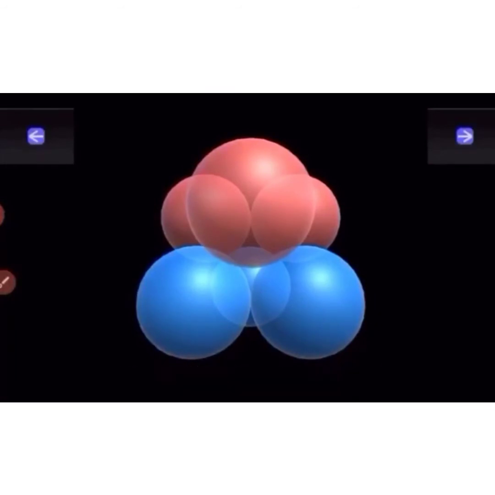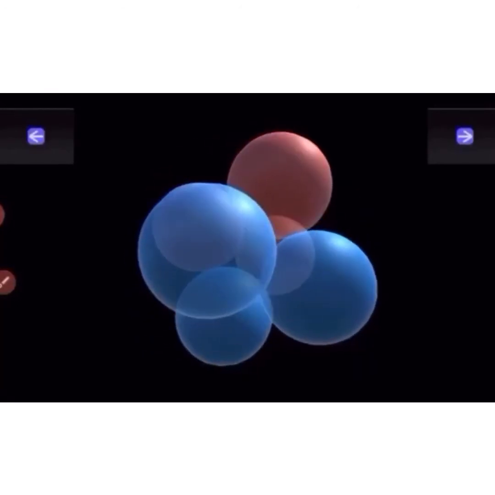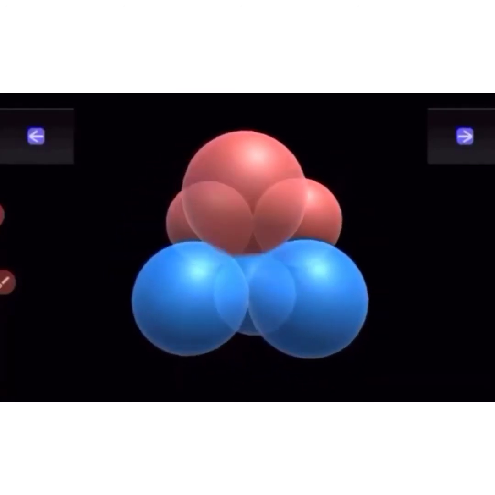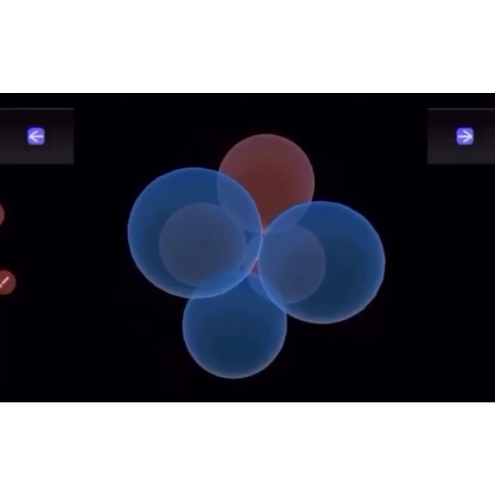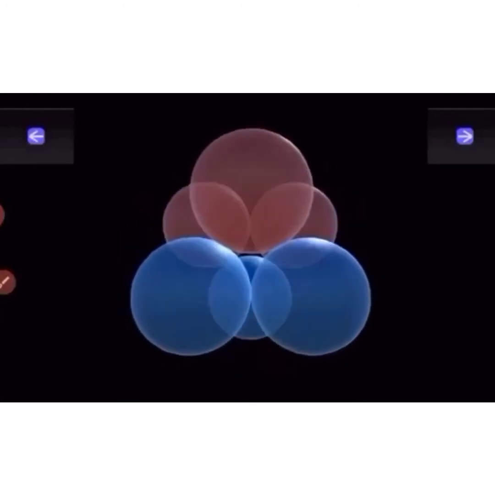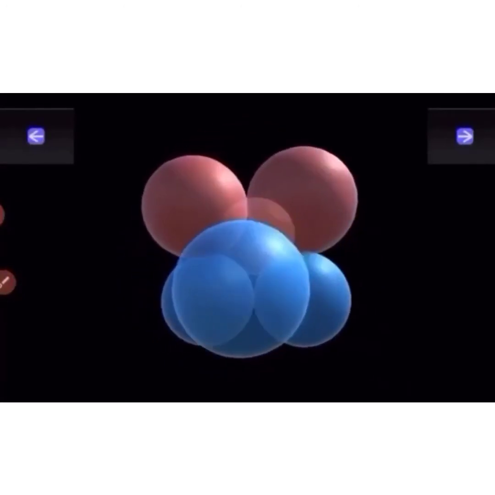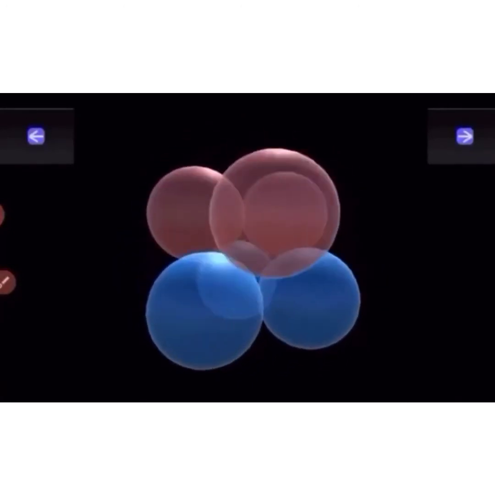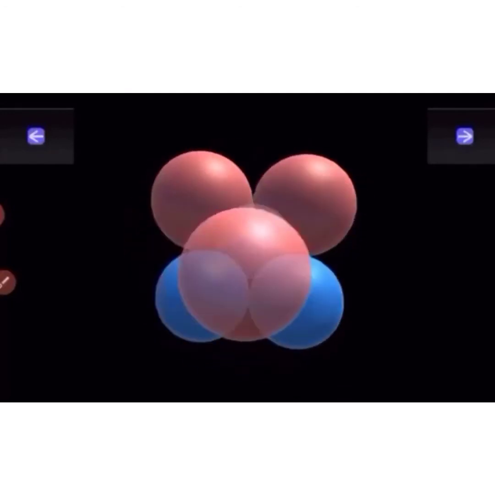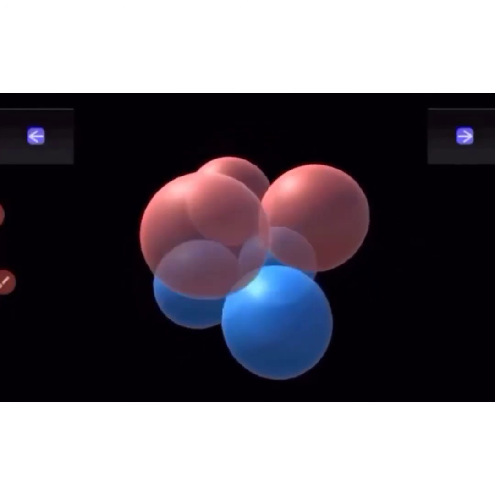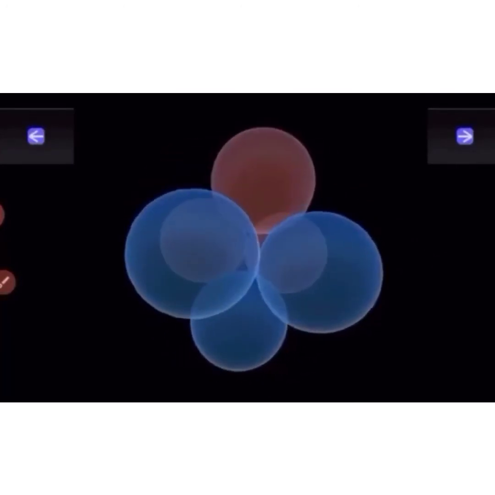When 6 spheres are arranged octahedrally, the empty space between them is known as octahedral voids. In a simple way, we can say when 2 equilateral triangles are placed with their apices in opposite directions, then the empty space between them is known as an octahedral void. It is formed when 6 spheres are arranged octahedrally. The number of octahedral voids is the same as the number of atoms.